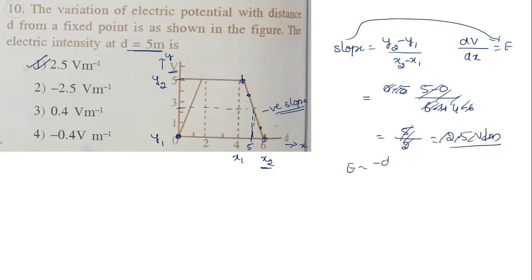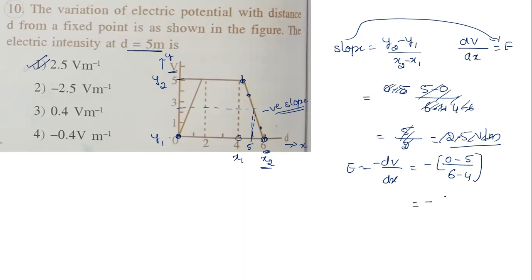Electric field is equal to minus dv by dx. That is minus dv. Okay, dv means difference in potential, divided by dx, the difference in distance. If I take 6 here, 6 minus 4. At 6, what is the potential we should take? 0 potential we should take. 0 minus 5 we should take. Why 0 minus 5? Because look at here now. At 6 distance, what is the potential? 0. At 4, what is the potential we have taken? 5. So that's the reason it is 0 minus 5, not 5 minus 0.